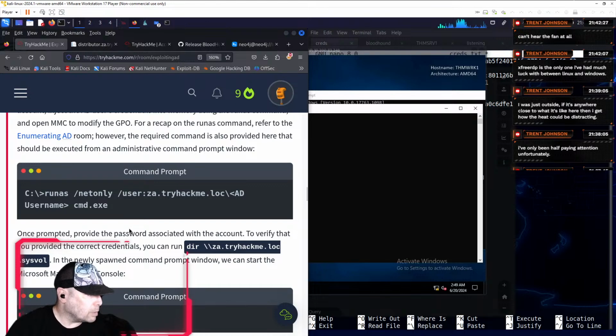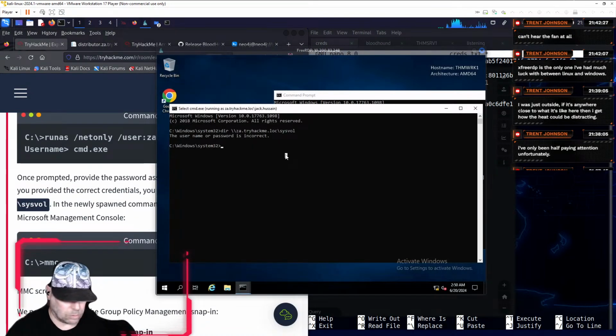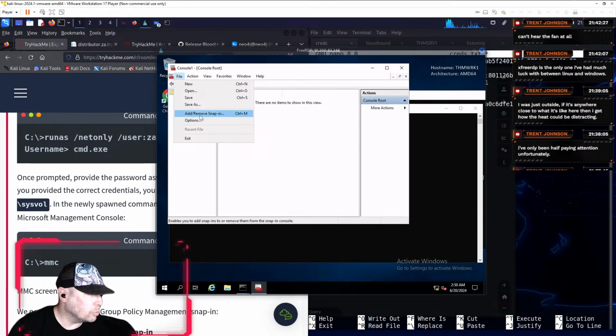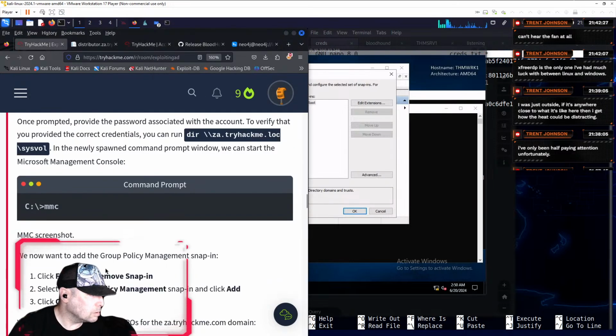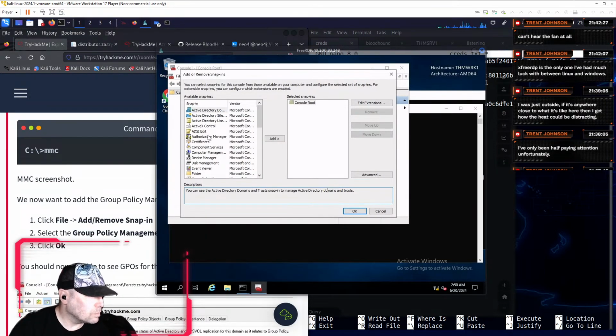In the newly spawned command prompt window, we can start the Microsoft Management Console. Cool. File, Add/Remove Snap-in. Group Policy Management snap-in. Okay, there's two that go by a similar name here.